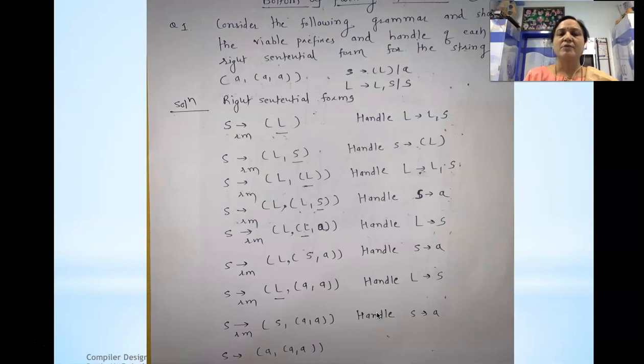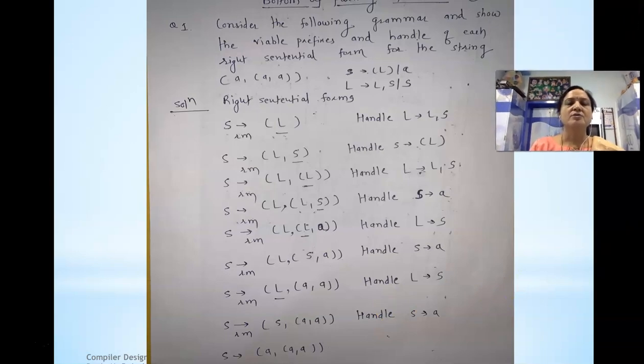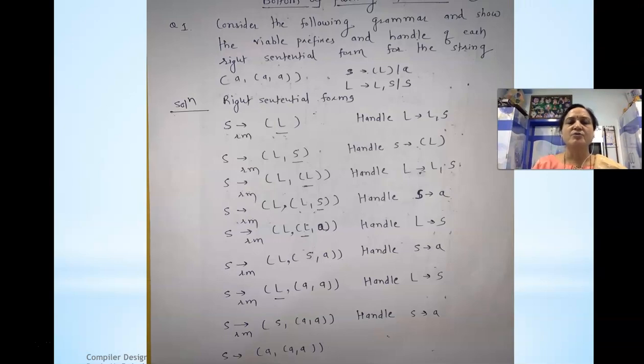Now we will see one more problem related to the same thing, that is finding out the viable prefixes and handle. The problem is, consider the following grammar and show the viable prefixes and handle of each right sentential form for the string (a,(a,a)). For the given grammar, S tends to (L) or a, and L tends to L comma S or S. For this grammar, we first have to find the rightmost derivation,